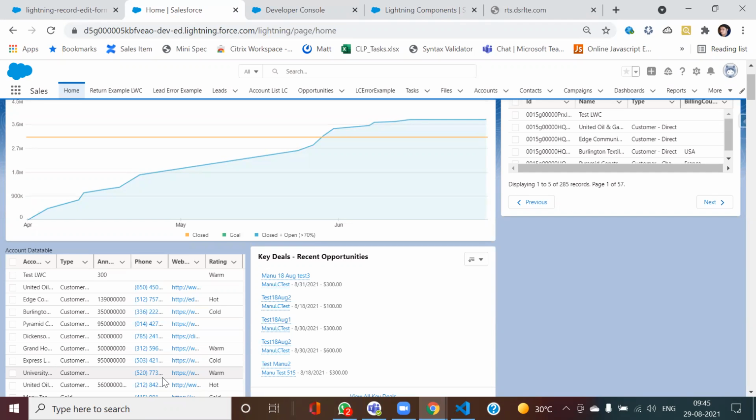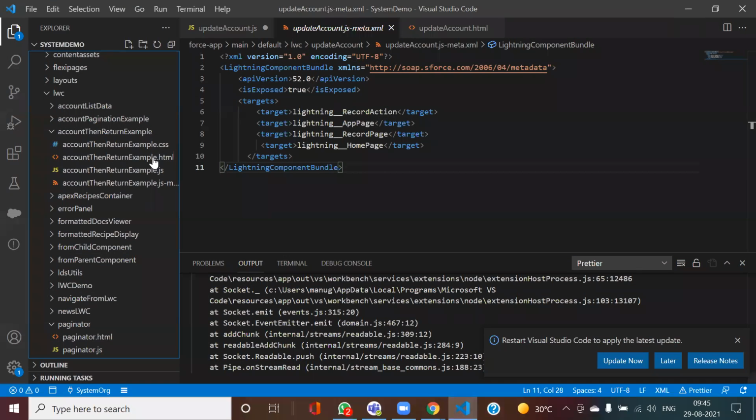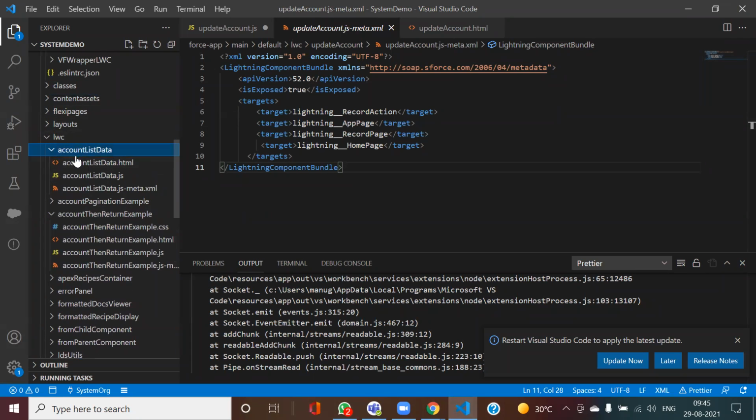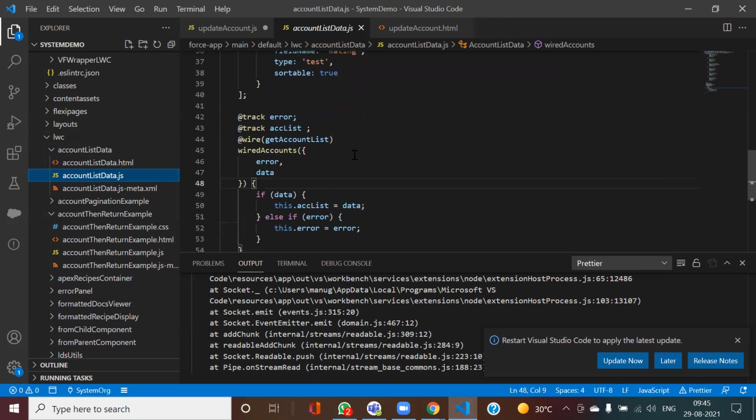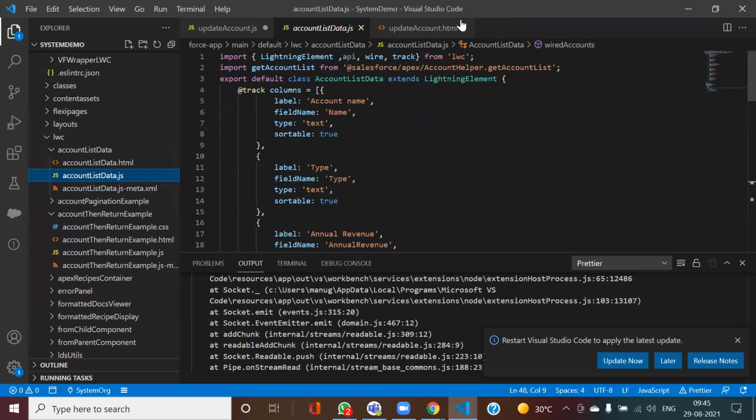First, I have written that Apex class. In that there is data. After that I am calling the Apex class from my Lightning Web Component. In the Lightning Web Component, I have used one wire method, which is getting me that data. And once I get that data, I'm displaying it on the template, that Lightning Web Component UI. So let us check how this has been done. Let me open this class.